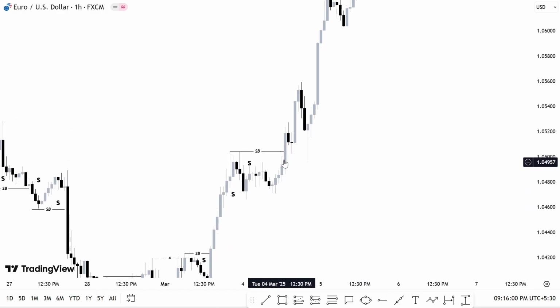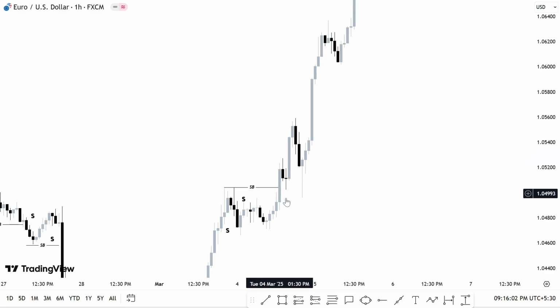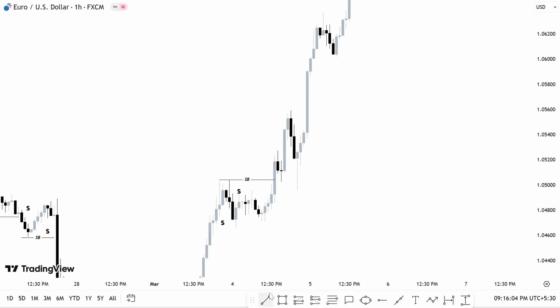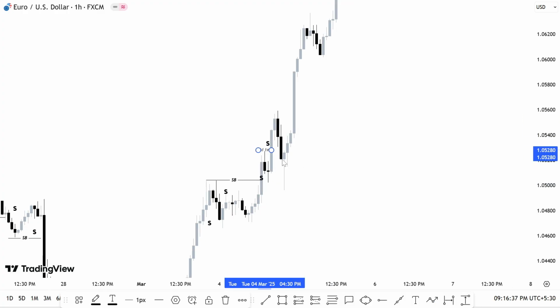Okay, now is this a structure break? The answer is yes, because it has spacing over here and spacing above here, plus what we should be looking for is spacing plus pointed swing points. Pointed means very clear swing points. Okay, the wicks are very clear. The movement of this spike is clear. Like this, it's a structure break.